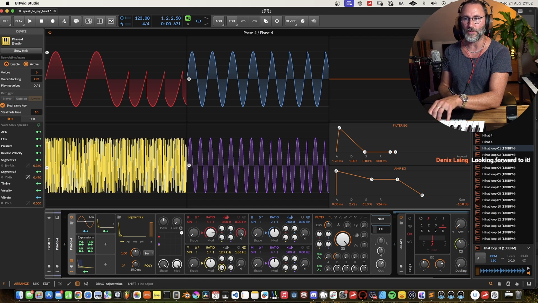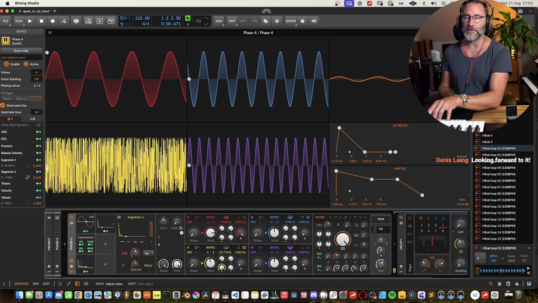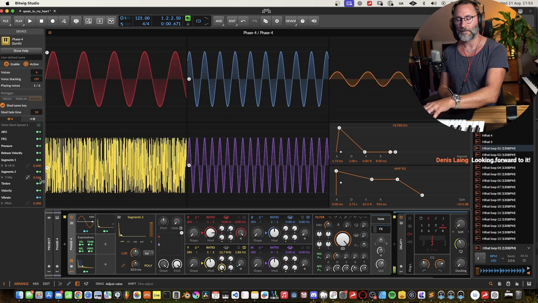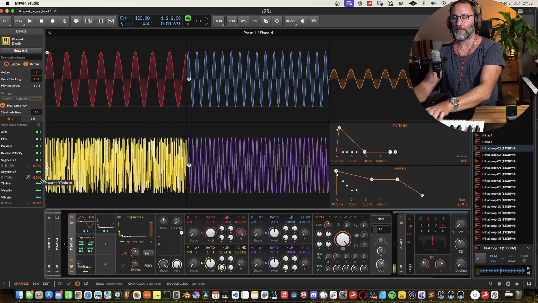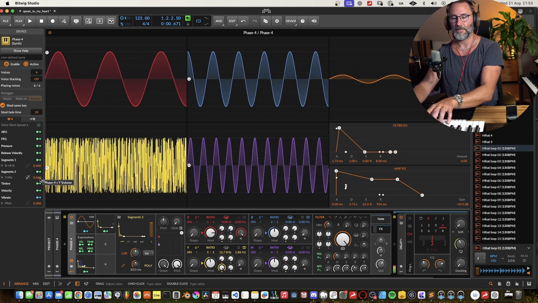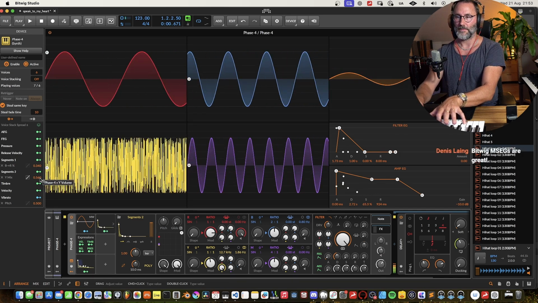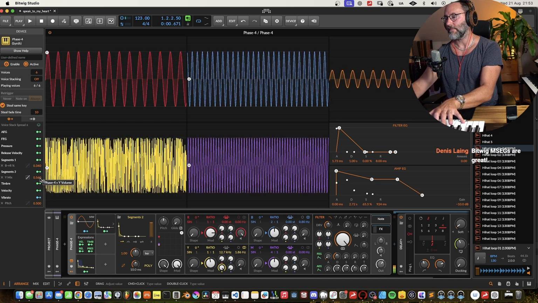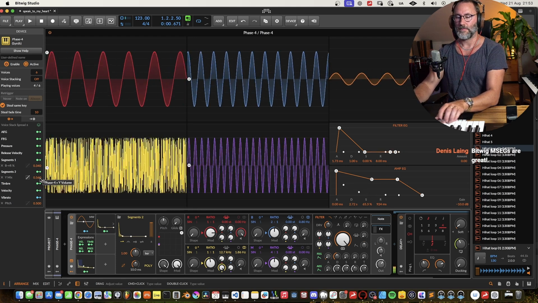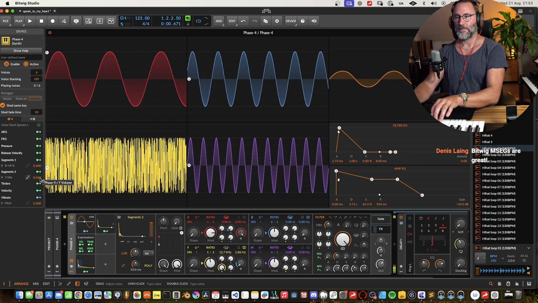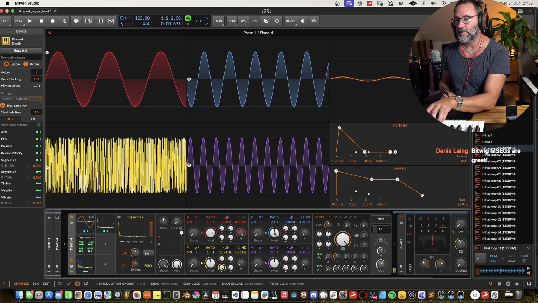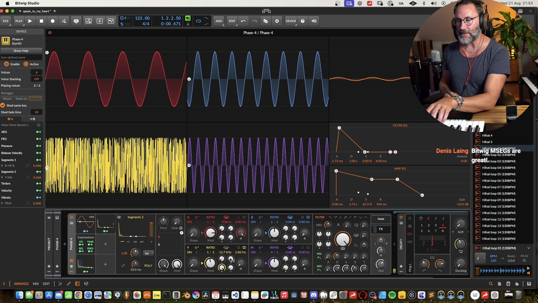So we could just reduce the volume here if we want less of that snap. So that's how we create this snap.